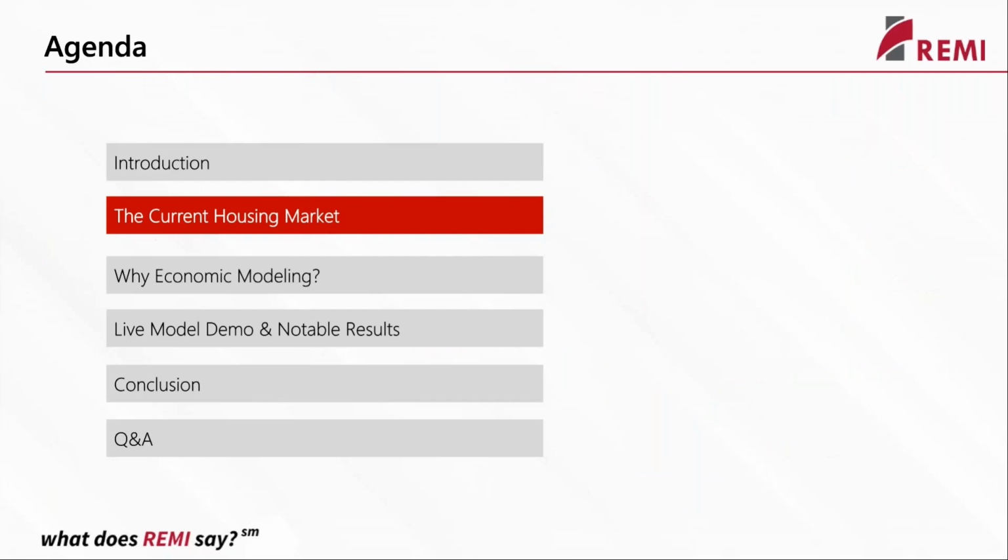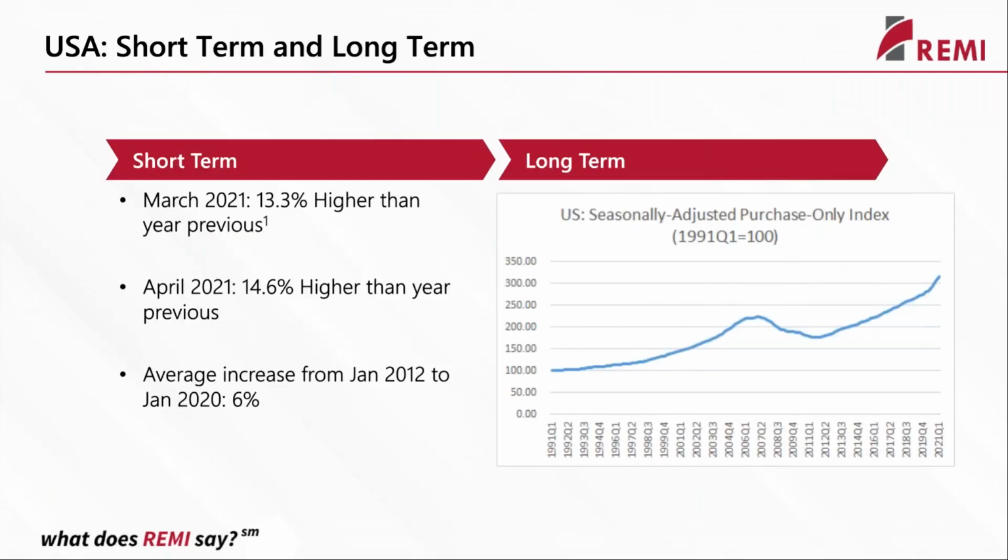All right. Now let's take a quick look at the current housing market. There's a few key data points that motivate some of the analysis that we do today. Taking a look at housing prices in March 2021 and comparing them to one year before, March 2020, there was a 13.3% increase in the housing price index between that time period. And if you make the same comparison in April, you're looking at nearly 15% increase in the price of housing.